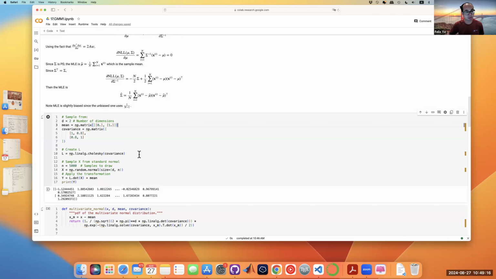The way that we do it is we take the Cholesky decomposition, such that this covariance becomes L times L transpose. So this is basically a decomposition of the covariance matrix into L times L transpose. Then we sample from the Gaussian distribution with the form y equal to L times x plus mu, where x follows the standard Gaussian distribution, 0 and 1. If x follows the standard Gaussian, then y will follow